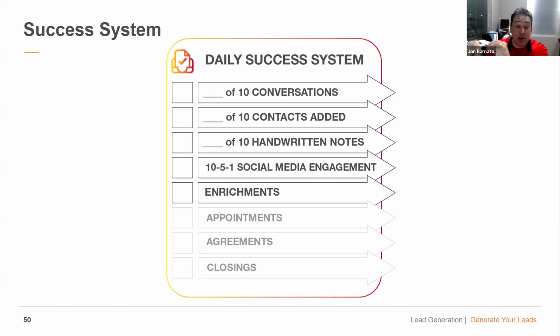Work with your coach or your leadership team. They will help you set the appointment up right if you're worried about that. Just get the appointment, right? Get the lead, get the appointment. That's the most important thing. There's people to help you get across the finish line after that.